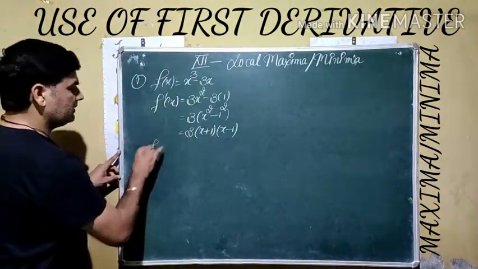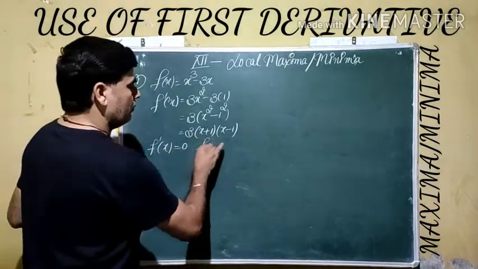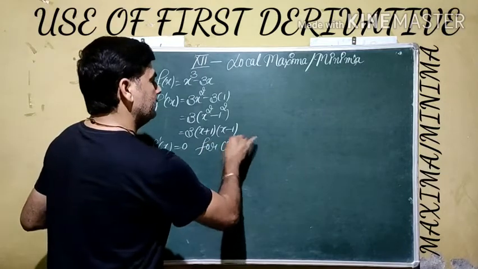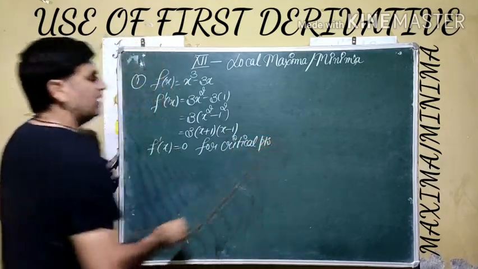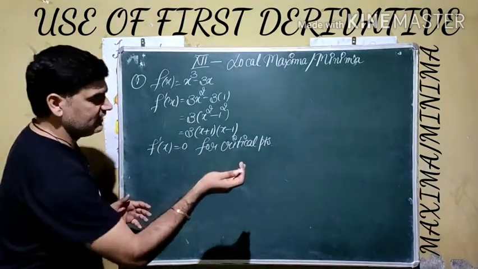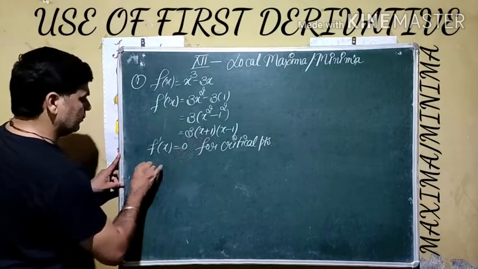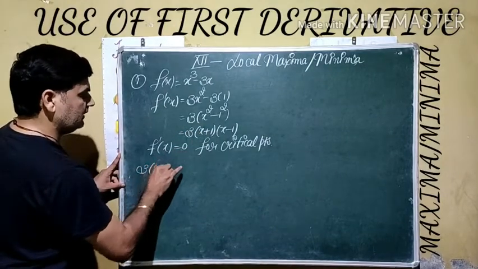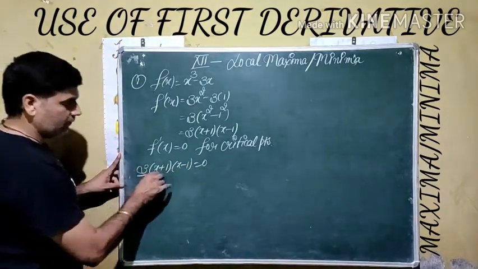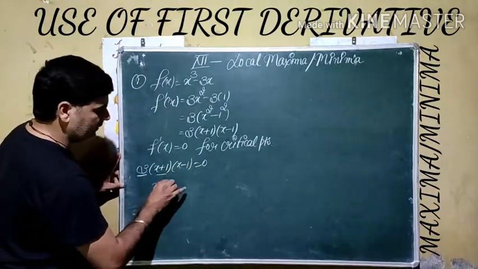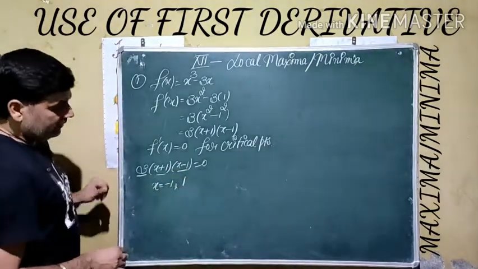Our next step is to find the critical point. We take the first derivative as 0. The critical point is a turning point, where the value goes on changing on one side and the other on the other side. If we take it as 0, it becomes 3 times (x plus 1)(x minus 1) equals 0. From here, 3 cannot be 0. If we take this value 0, we get the critical point minus 1. If we take this value 0, we get the critical point as 1.